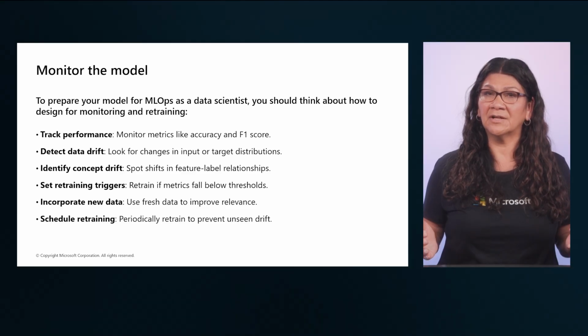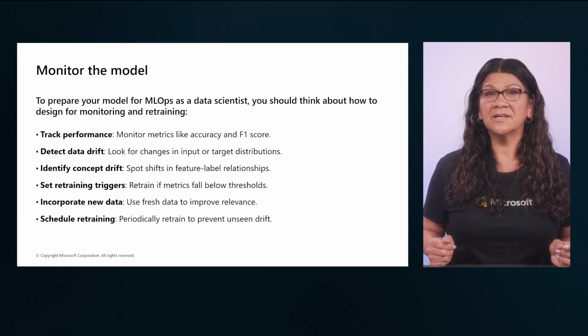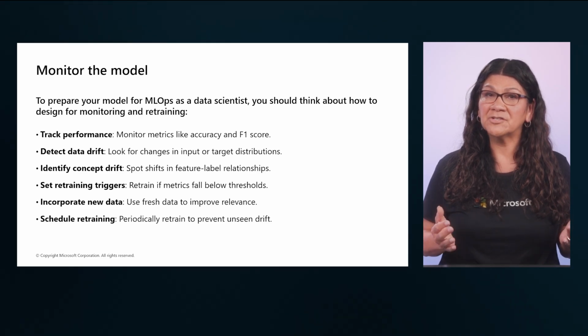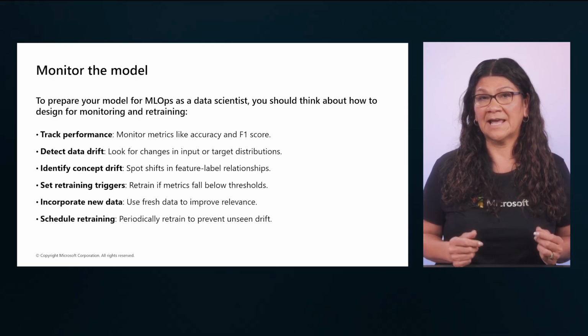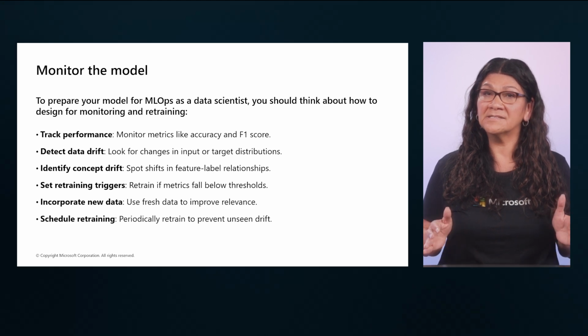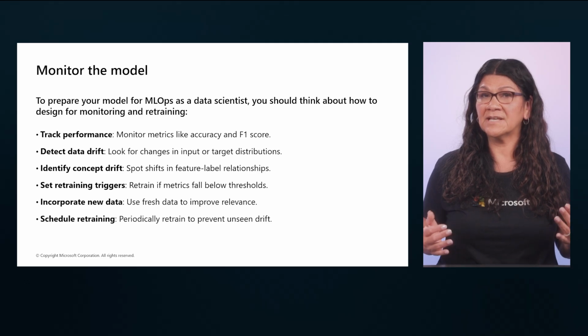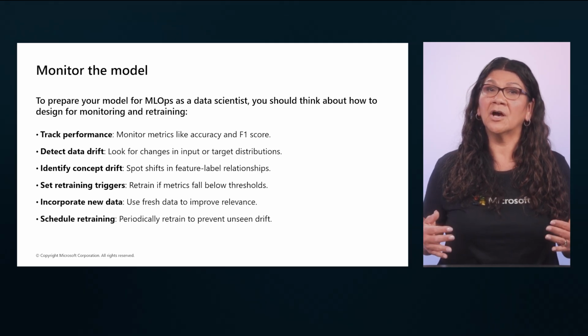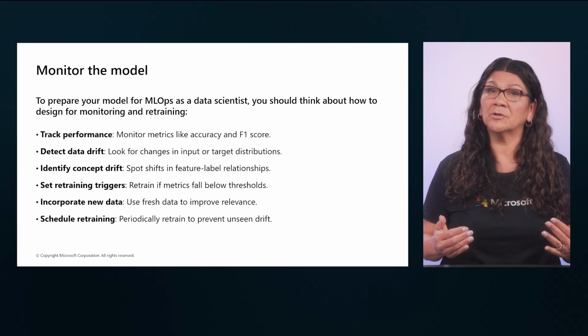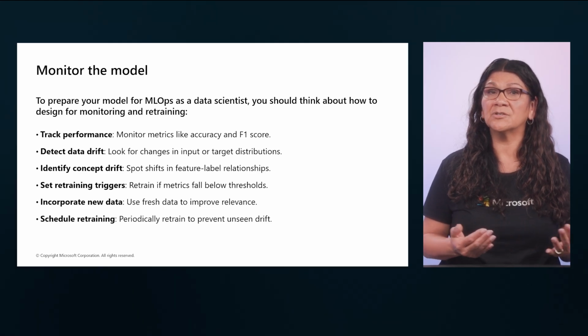It also involves detecting data drift, changes in input feature distributions or target outcomes, and concept drift, where the underlying relationship between features and predictions changes, often due to real-world shifts like market trends or evolving